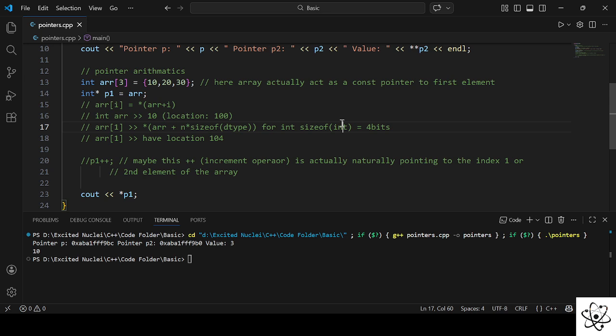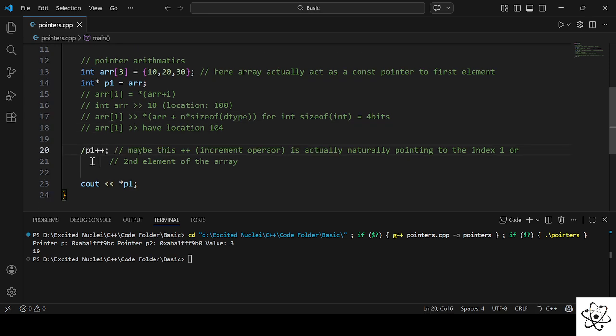an integer takes x number of places, so the next integer is going to be x plus x. Let's say the first element holds the place up until 100, and if we want to extract the next element of that array, which is of integer data type, we just have to access the location from 100 to 104, which is assigned to the second element, which is 20. In a similar way, when we do something like p1 plus plus,